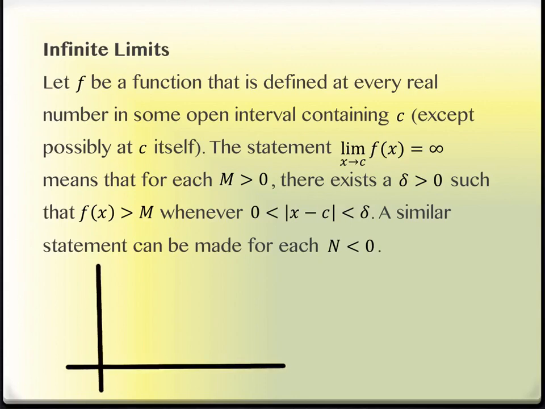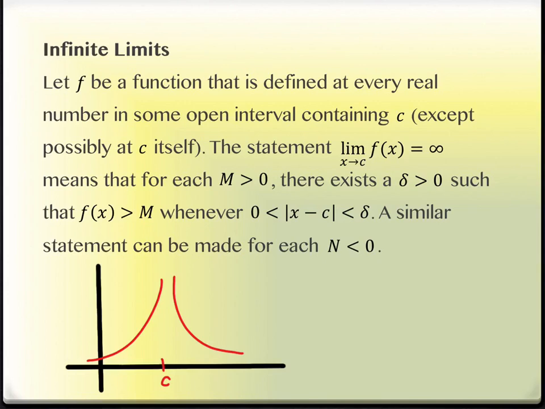So imagine, and this isn't, of course, the only graph you could draw, but I need an arbitrary graph, so this is the one that I'm going to pick. Imagine you had a graph that looked something like this. And it's defined everywhere except that asymptote spot, right? I can't put that in, and that's what they're calling c right here, so we'll call it c down here. Everywhere else, I have function values, no problem.